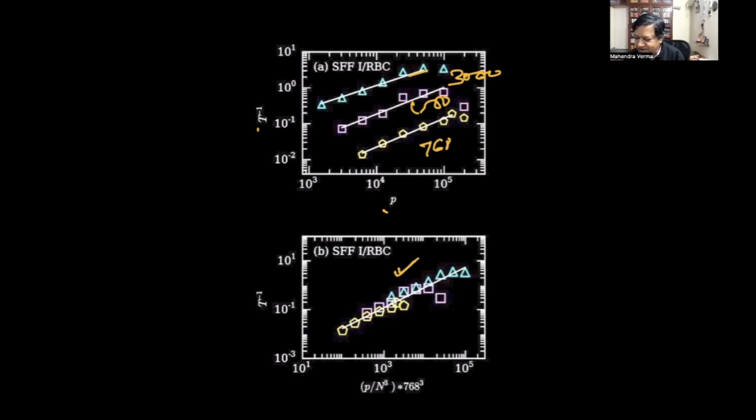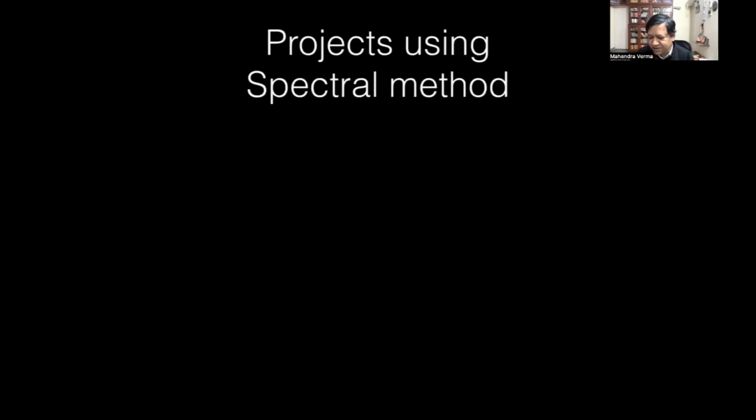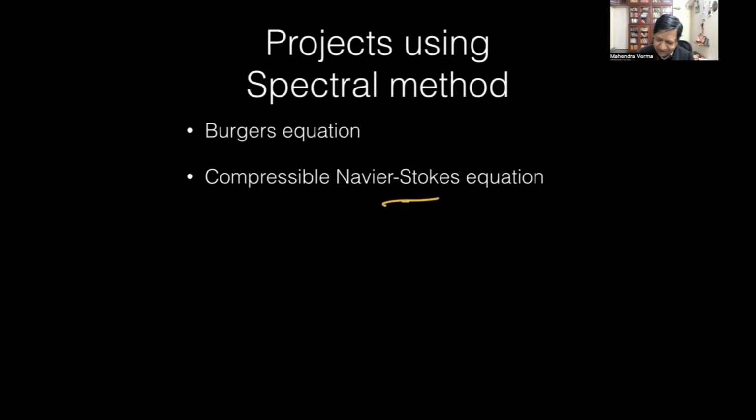For 1500, well, things taper off. This is a tapering off. Here, this is a problem point. But other than a few points, they're roughly linear. Not linear, I mean, linear in log scale. Okay, so this code is going all the way up to 200,000 processors. This is 200,000. Okay, so projects using spectral methods, pretty much similar things: Burgers' equation, compressible Navier-Stokes. We will not solve incompressible, because we already have the code, and well, some people may do it, but right now I'm proposing compressible.